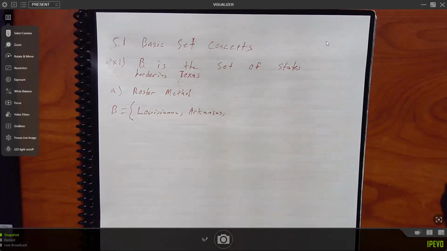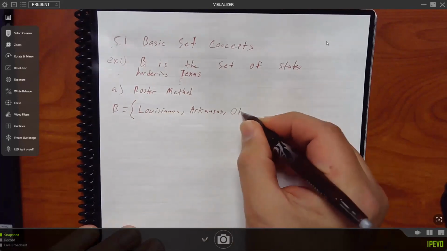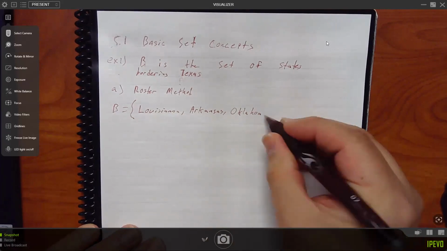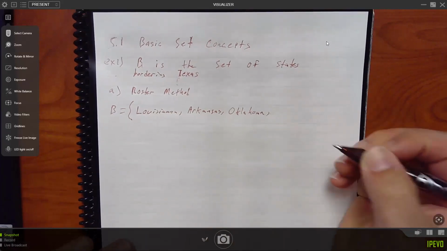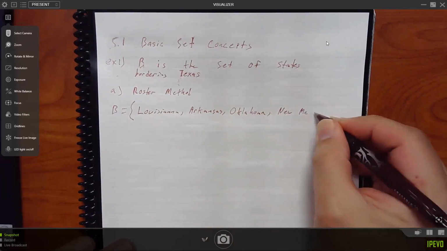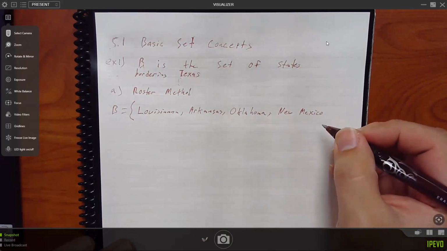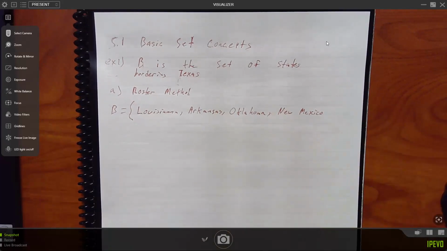Louisiana, Arkansas. What else? You said Oklahoma, right? Oklahoma and then New Mexico. Anything else? Not Colorado, right? Okay. Oklahoma and New Mexico. That's right. Yeah, I guess so. Oh yeah, you can cut through it, right? You have to. Okay, yeah. Anyway, so